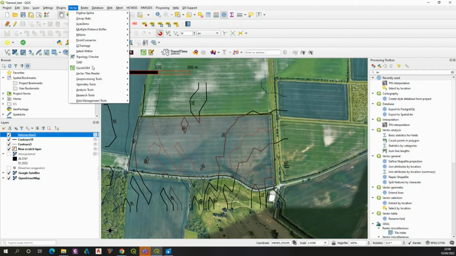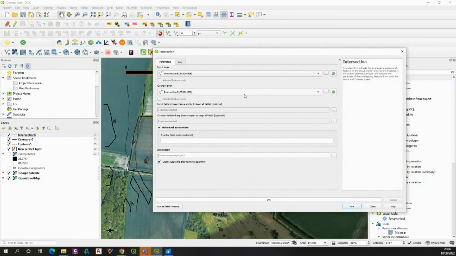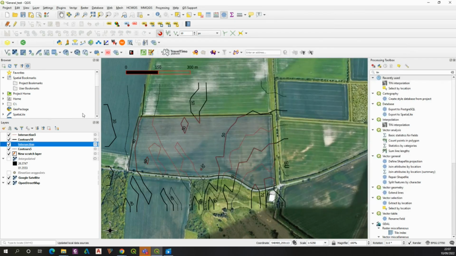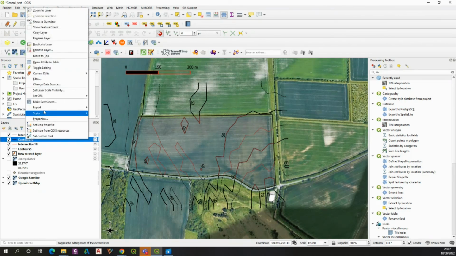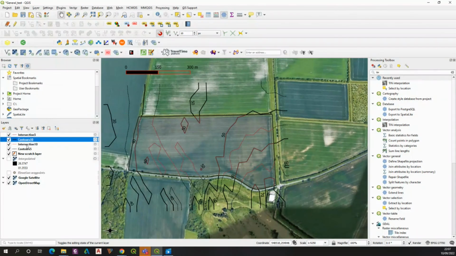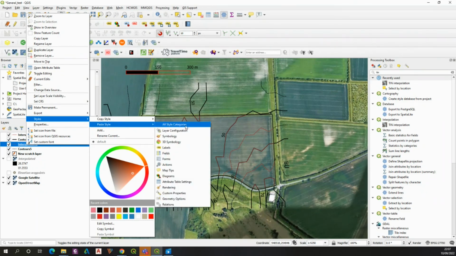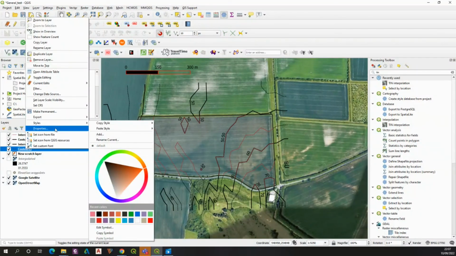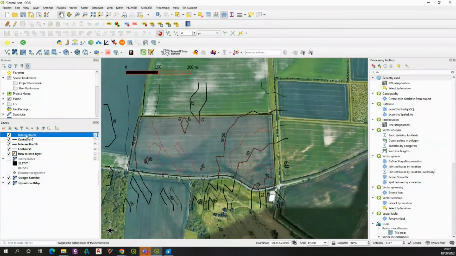I need to repeat this process for my other contour cutting, contours 10, new scratch layer, transfer them all and hit run. I've got intersection 10. So the very last step is copying the style, paste style, and here I use all style features because I also did the labels, but for the contours with 5 meter cutting, I don't need to do this. I can copy only the symbology